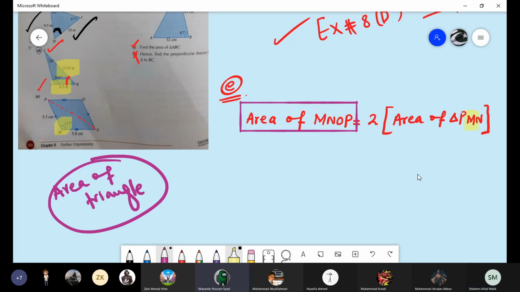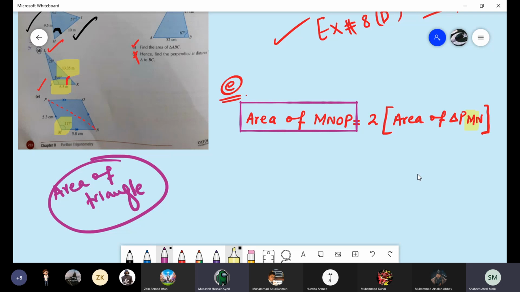But after that, we're multiplying it by 2. If we multiply 1 over 2 by 2, it becomes 1. Yes, that is correct. I'm getting your point, that this is 2 and we are getting 2 here also with the formula. But if you will not multiply by 2, you can cancel that 2 when you write the formula. If you will not multiply, then how can you cancel? So it's better to go with it. Okay.